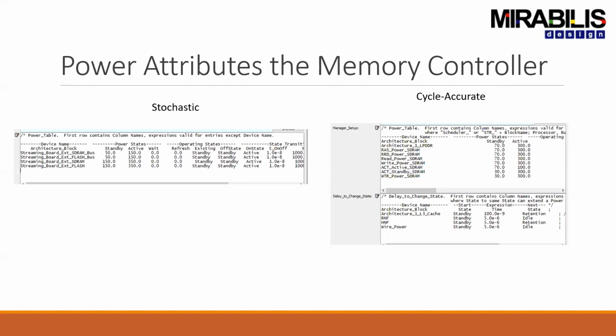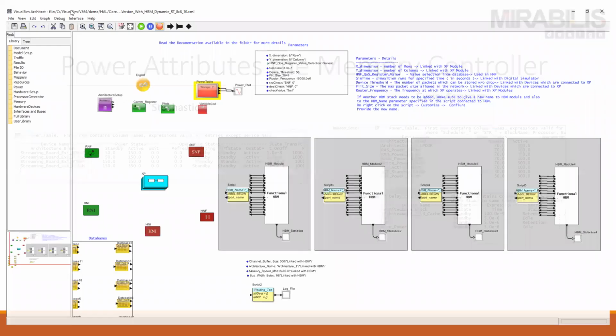So at the stochastic level, what we care about is the standby, active, and refresh. But now, when I look at cycle accurate, I have to include the RAS, the RRD, the read, write, the acknowledge, and then of course there are other additional items that are not included here, like the refresh power, and you can see write to read and all of these attributes as well. So what you're seeing here is that it's no longer about, oh yeah, I've got a delay for my memory controller, and then there's a few refreshes once in a while, and there's read and write. Power is no longer that. It's significantly more than that. So looking at power,